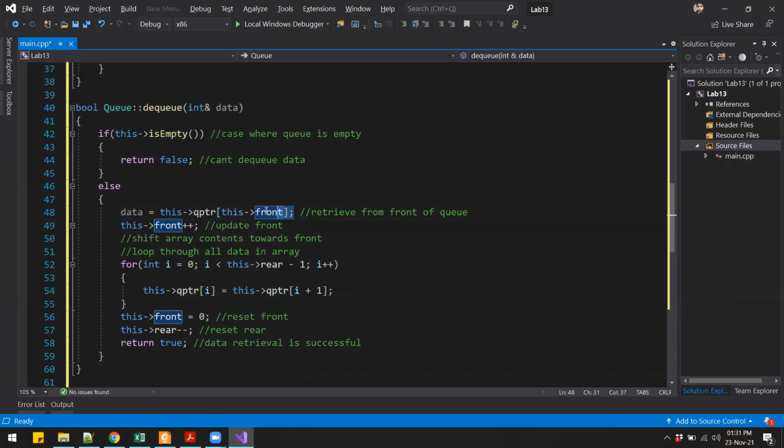So we get the data and store it in our data variable, which is passed by reference into this function. That means whatever value we put into this data variable will be reflected in the calling function, in this case our main function.